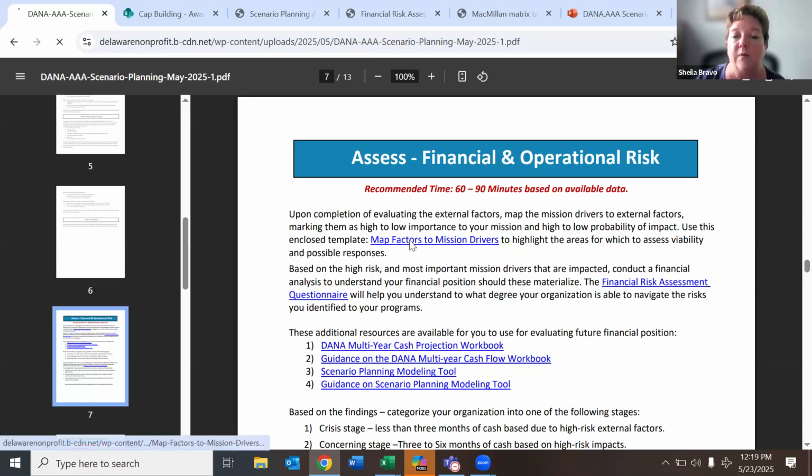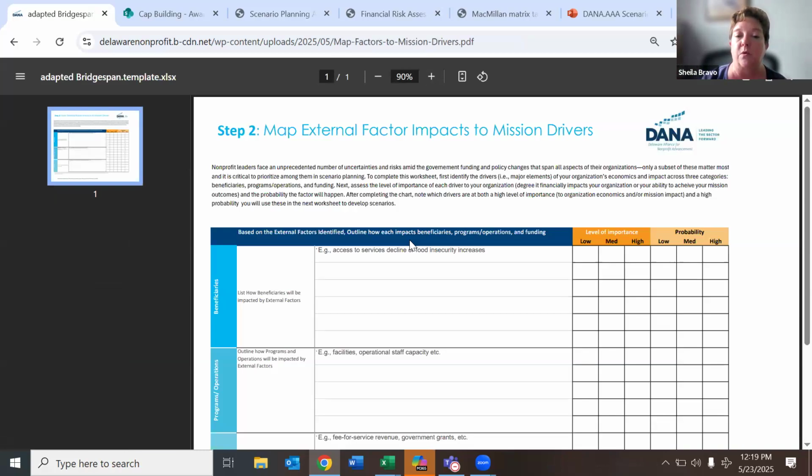And one of them is a resource where it's literally just taking those mission drivers that you identified that are most impacted and those external factors and putting them on a simple grid so that you all can clearly see as a group what are those key areas of your mission, how they impact your beneficiaries, and how it impacts your organization and funding. And to what degree is it an important issue, and to what degree it's high or